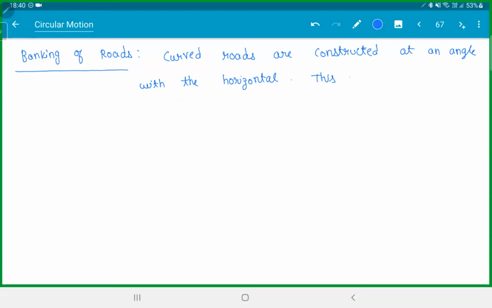This angle is called banking angle. Let's see what is the issue here. Case 1, let's take a rough horizontal curved road. If you just construct a road without any banking,